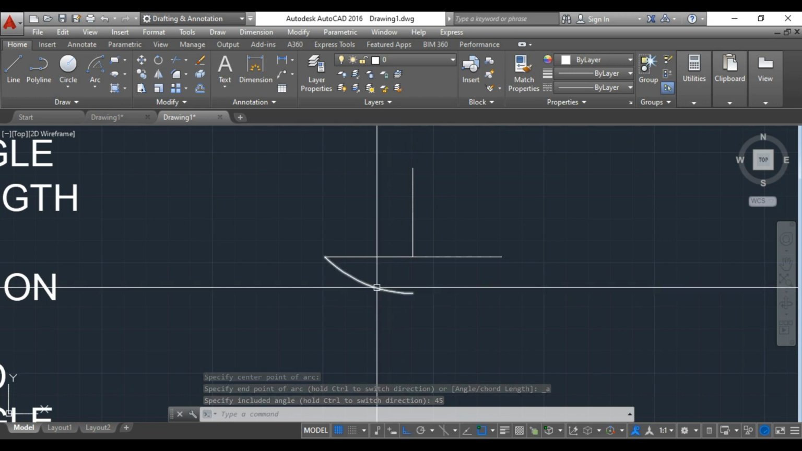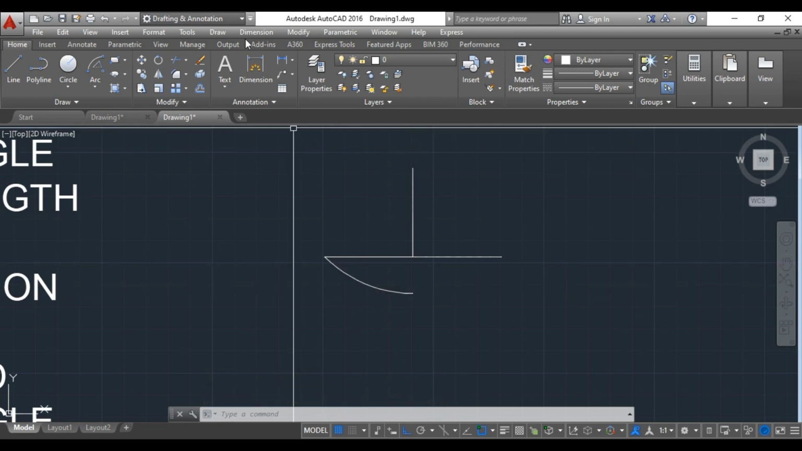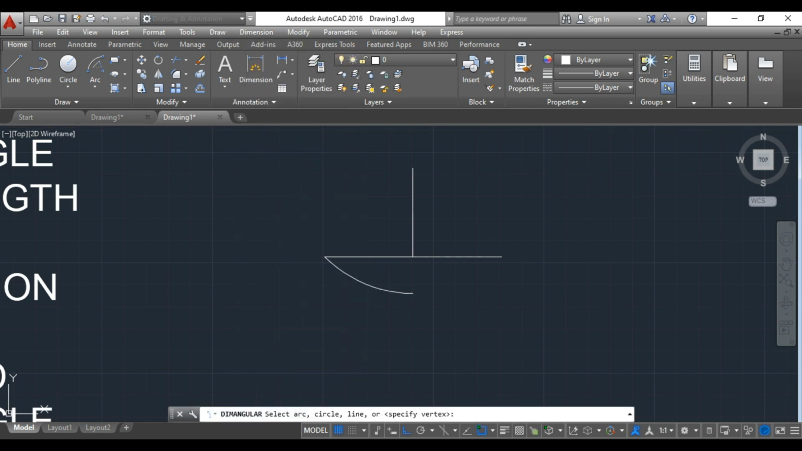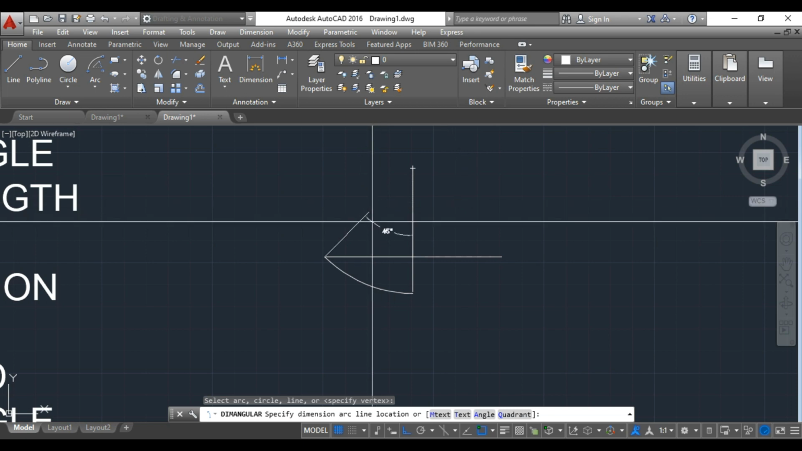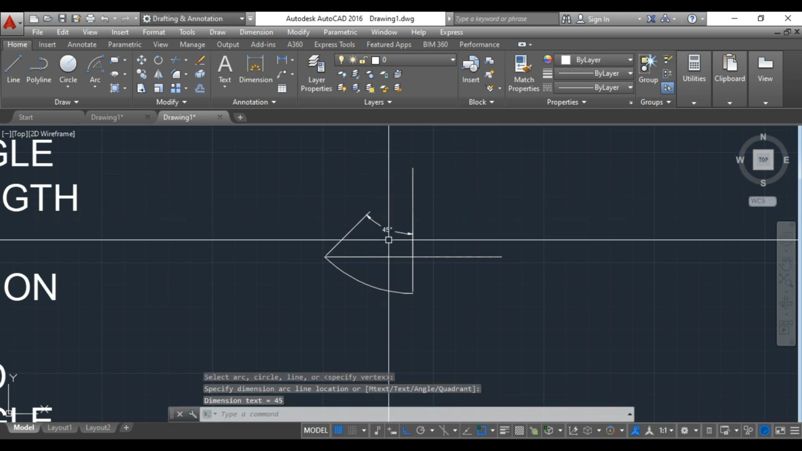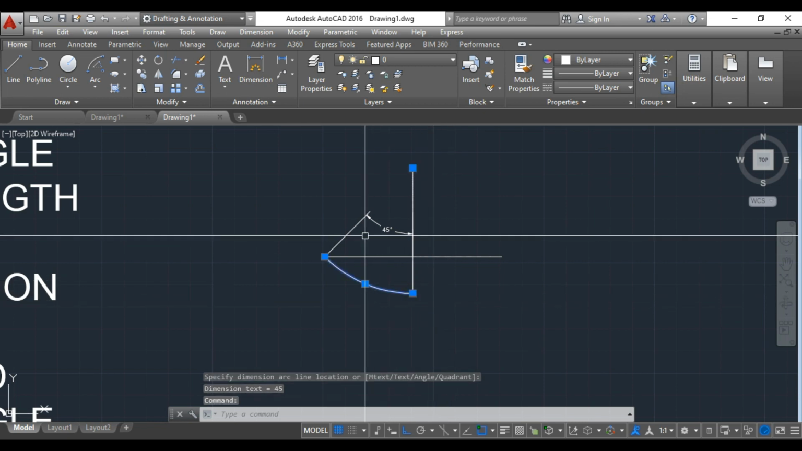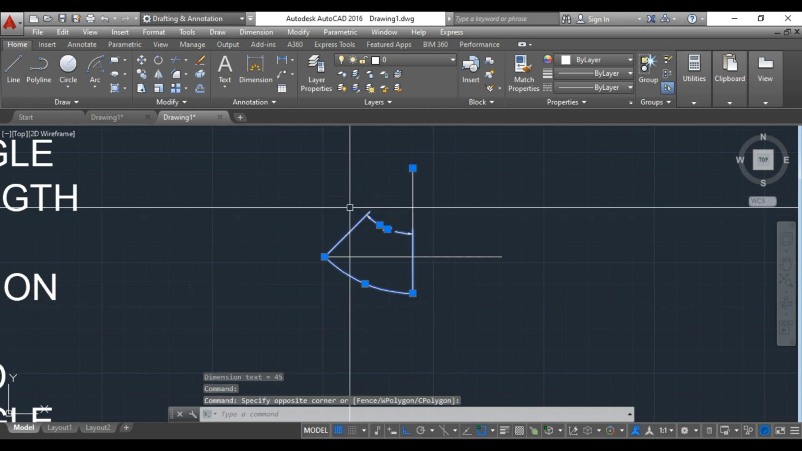So how do you check whether you got 45 degrees or not? You just go to the dimension. Under this dimension you are going to get the angular. When you select this point, you just drag towards your center point. See here, you are going to get the 45 degree angle. The same way, if you want